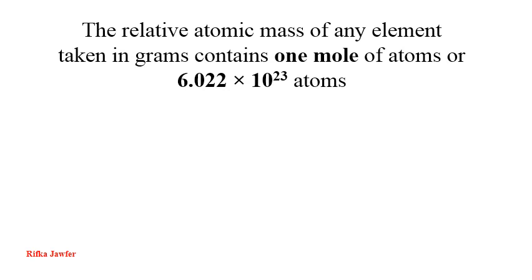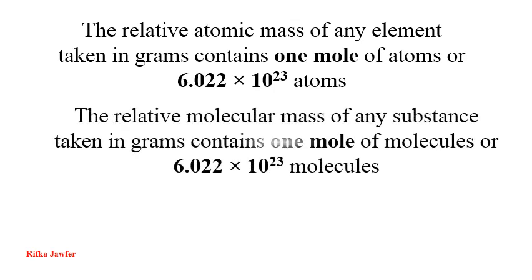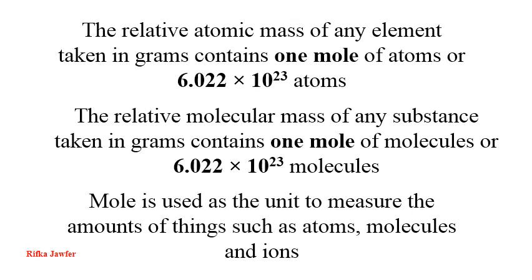So, the relative atomic mass of any element taken in grams contains 1 mole of atoms, or 6.022 × 10^23 atoms. And relative molecular mass of any substance taken in grams contains 1 mole of molecules, or 6.022 × 10^23 molecules. Mole is used as the unit to measure the amount of things such as atoms, molecules and